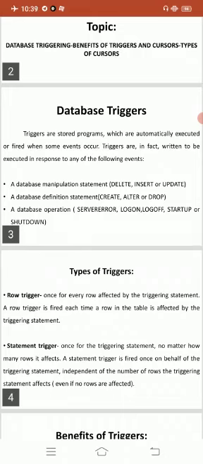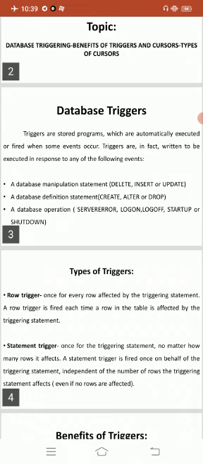They are fired implicitly by the Oracle engine itself and not explicitly called by the user. That is called database triggers.